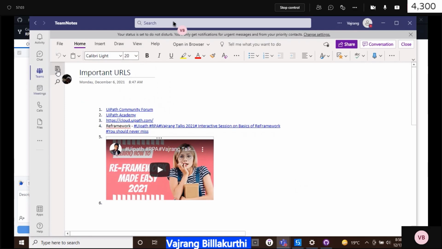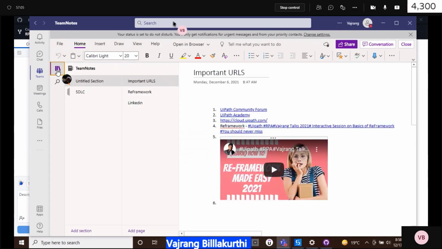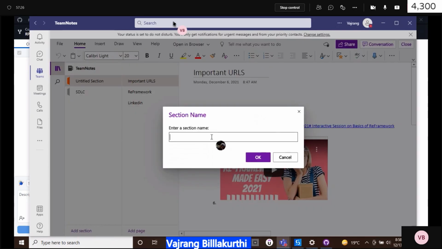Create one more page and then add week 2. Just add a section at the bottom. Add section and Week 2.